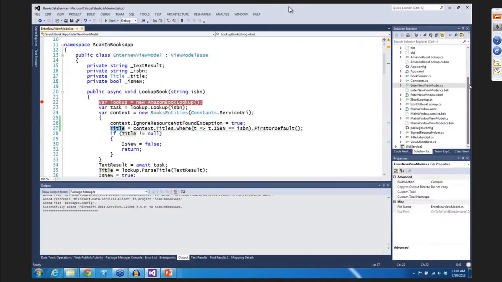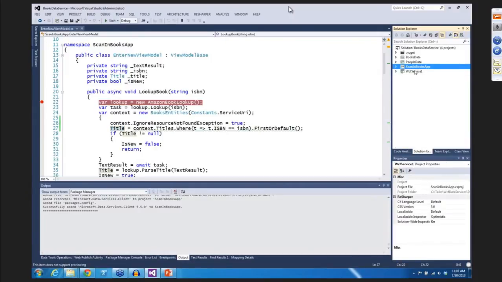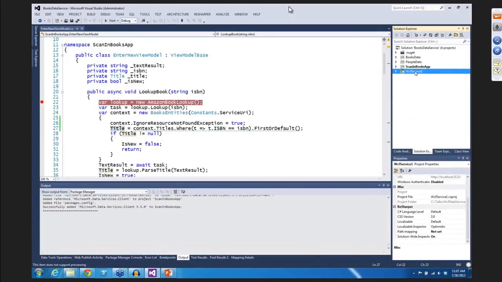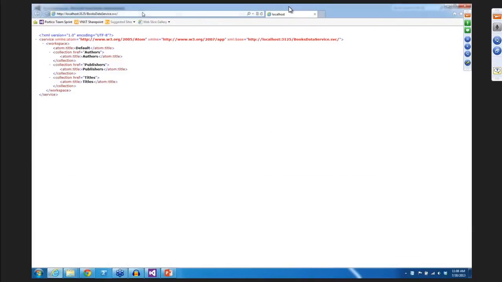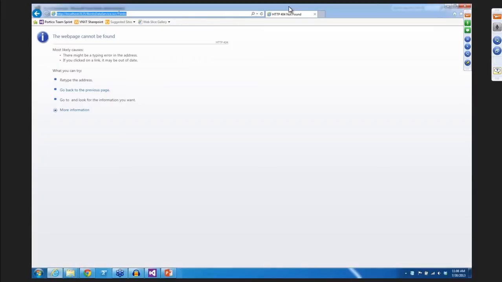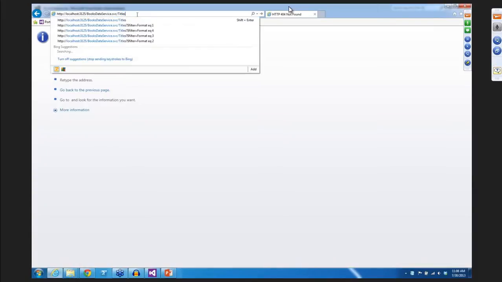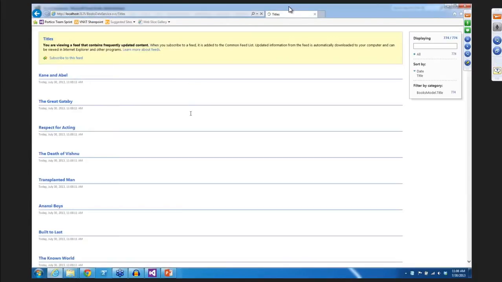So we had over here in Visual Studio our WCF service. And if I just set that as the startup project and run it out of browser, it should pop open a query window, and here's our book service. And if we go to books, titles, there's our feed from last time, and we can go in and